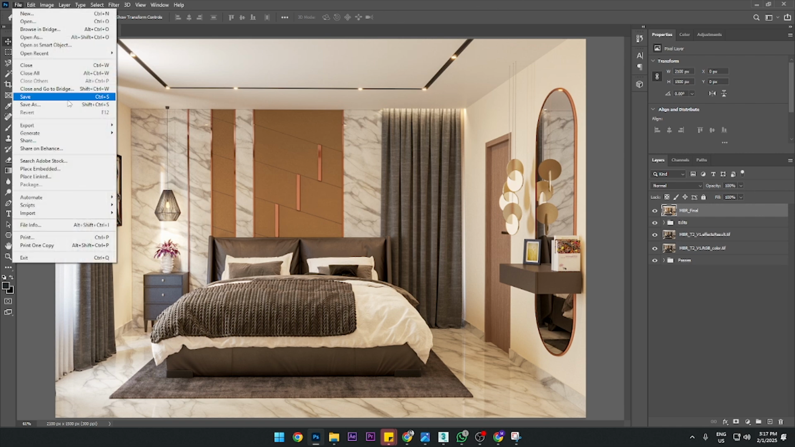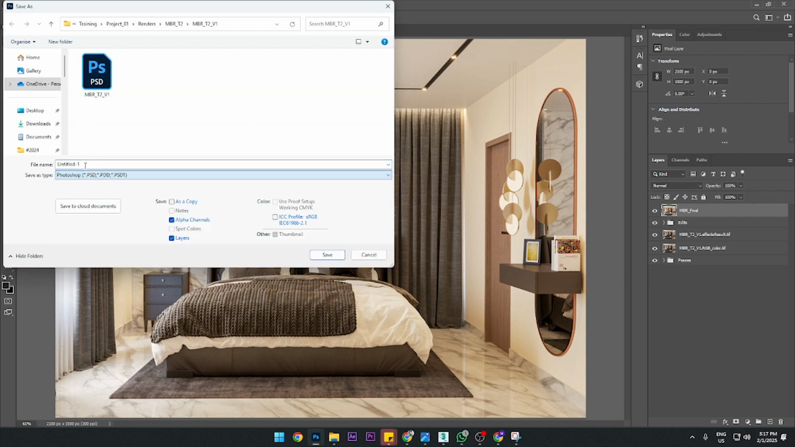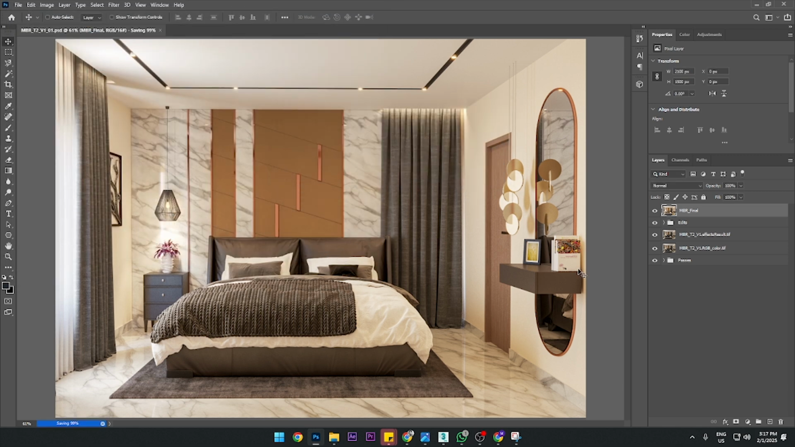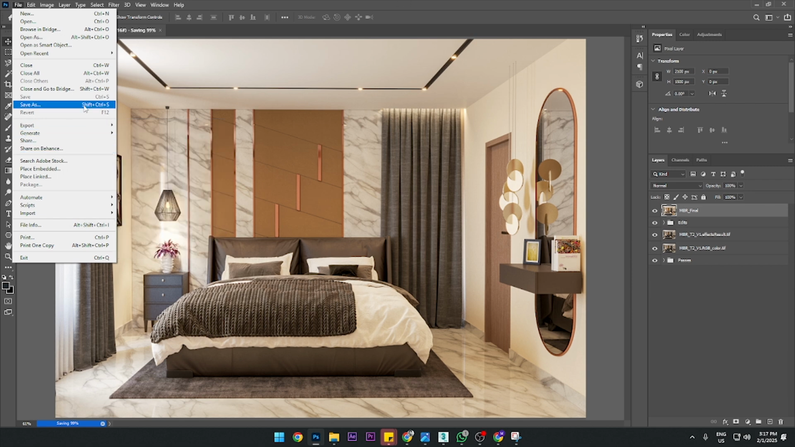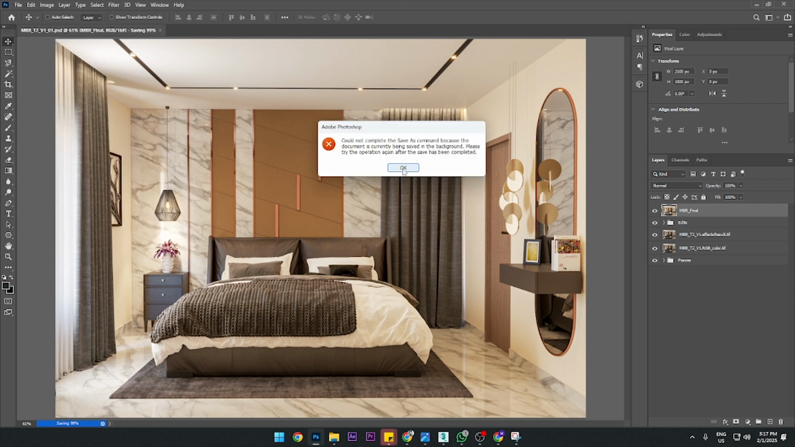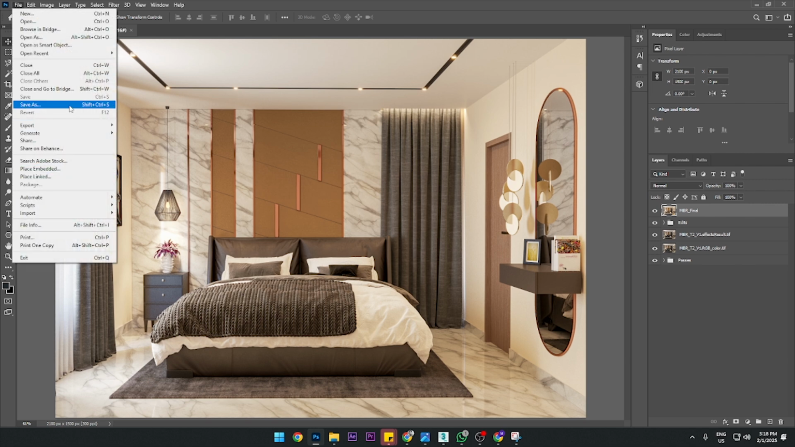So let's save this as a PSD file. I already have one here. I'm just going to call it MBRT2, basically master bedroom test 2. V1 is basically view 1. There is one more view in this particular bedroom. So yeah, PSD is done, and we need one more. Save as. Let's wait for the PSD file to save properly. File, save